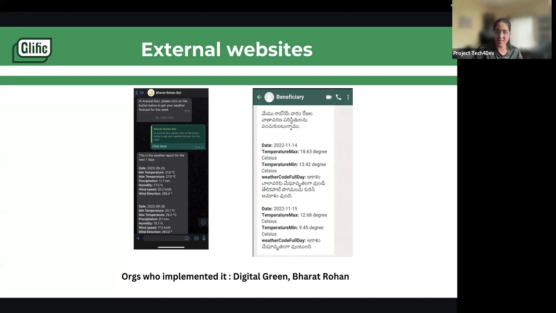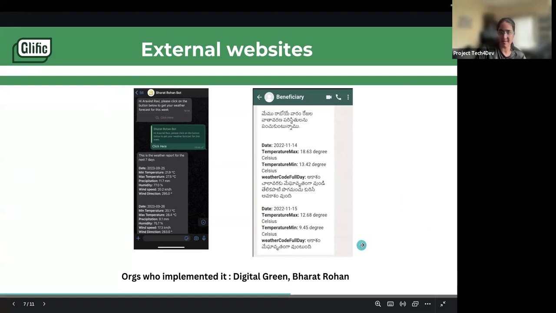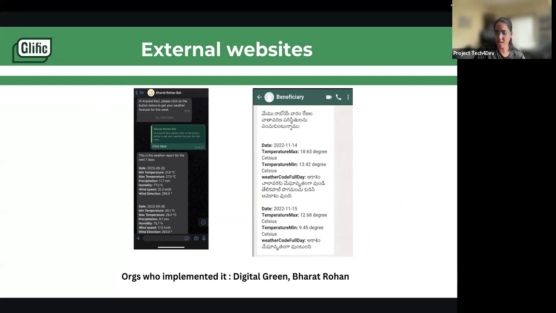They have integrated with an external system, because we have a lot of websites out there which have APIs that show weather updates. Every time, they send the next week's weather condition and the details of it, whether it is fine or not. Here, if you see, it's in a different language, but it says it's good weather, you can actually continue doing stuff. So this is how you can integrate any external website as well.